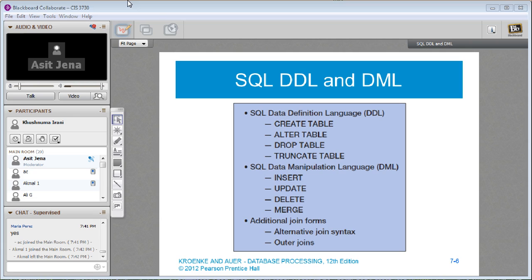In the data manipulation language, once you have created these tables with create, alter, drop, and truncate, you have insert, update, delete, and merge. These are the data manipulation languages where you are inserting data into the table after it has been created, or updating data in an existing table, or deleting data from an existing table, or merging two or more tables together.